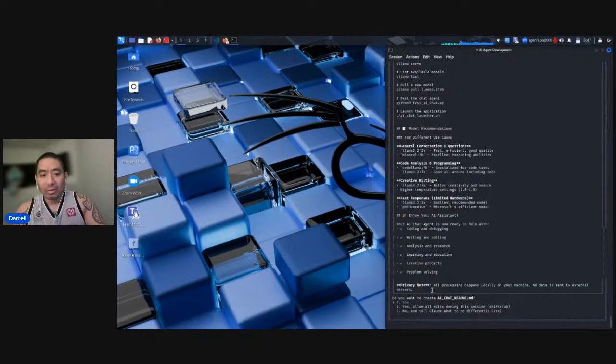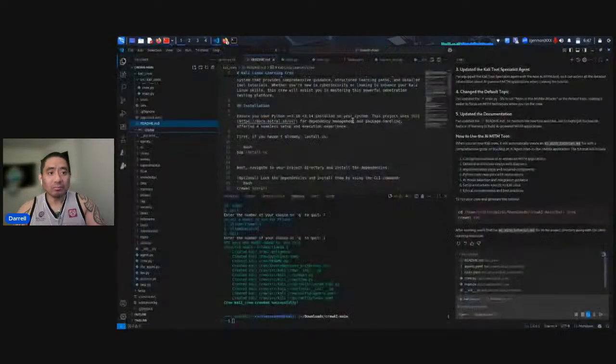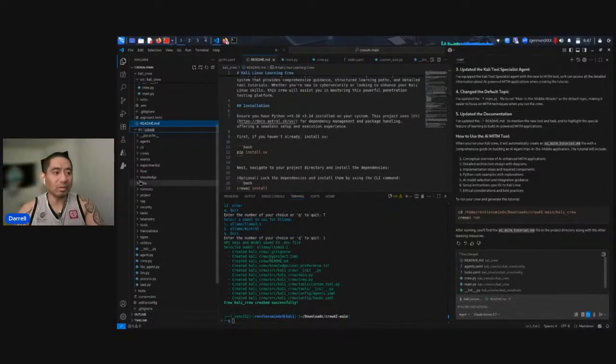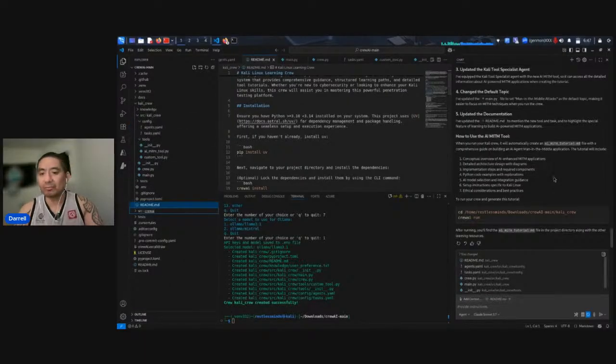Okay, so going back into VS Code. Right now, what it built out so far for me, I'm not going to go into this just yet, but I'm going to go over what it actually built out for me right now.